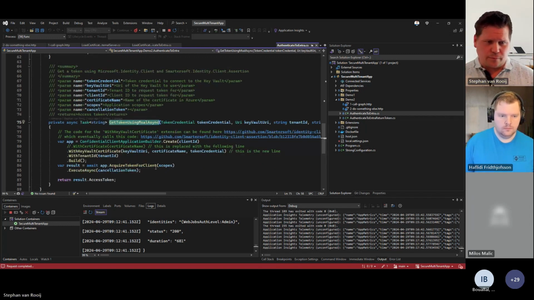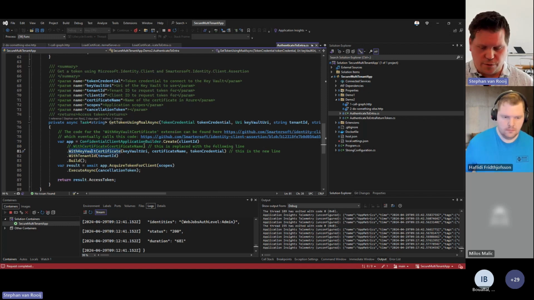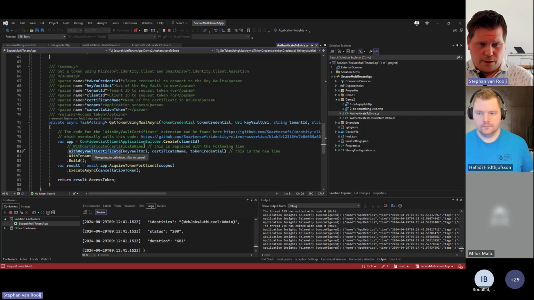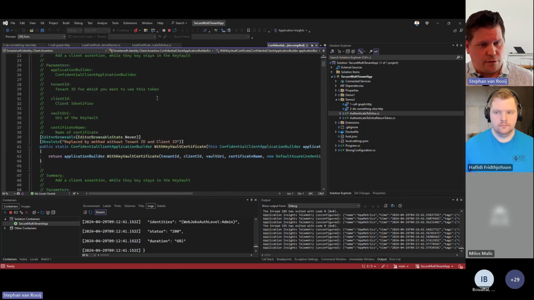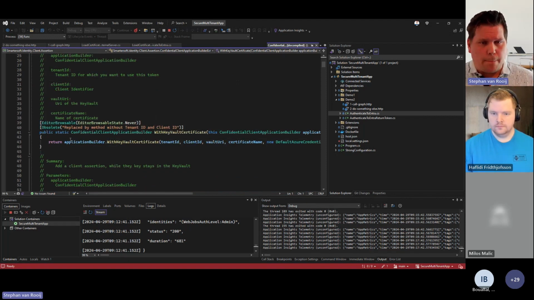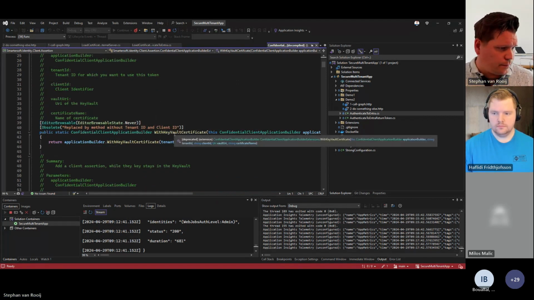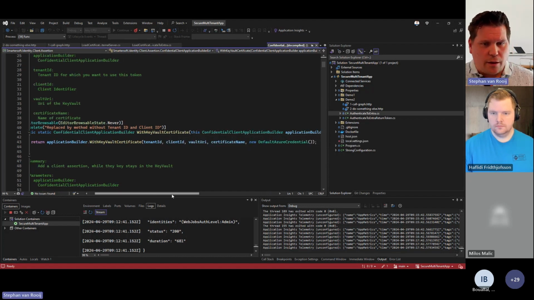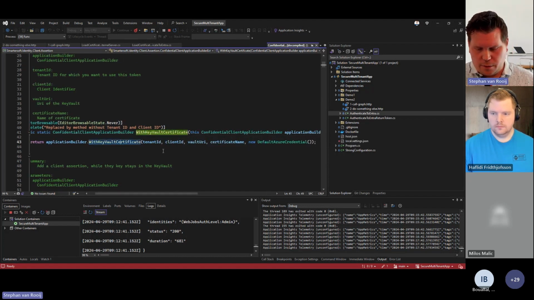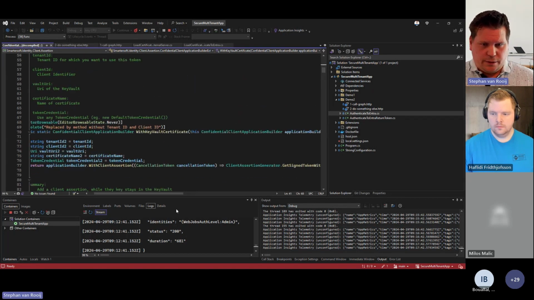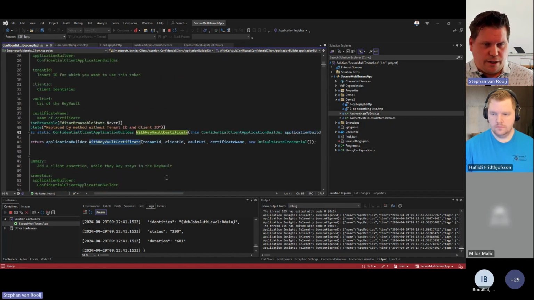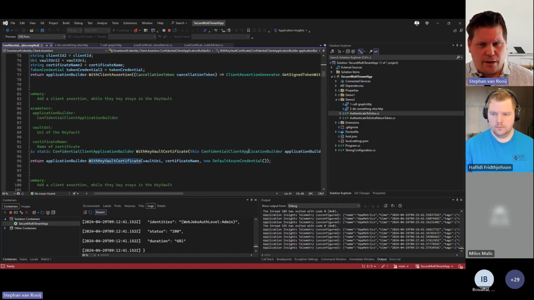This code had with certificate, with a certificate name. It's changed to with Key Vault certificate. What this code does, yes, it's open source, so I can navigate it. The source is included with it. With Key Vault certificate, this code eventually calls, let me see where it is, calls